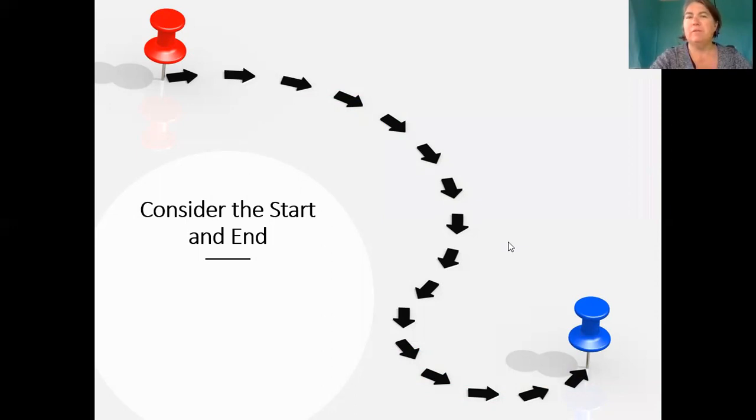Now, on a more micro level, on a call level, in terms of creating a wow call, you also want to think very practically and tactically: what are people going to retain? Already I've shared this notion of how people learn and how we are retaining things. People really remember the start and end of things. That's what the primacy and recency effects dictate. So we remember the start, we remember the end, and what's in the middle gets very mucky. In fact, there's a book out these days called The Messy Middle, and I'm sure it talks to the fact that in the middle, where change happens, we just don't retain it in the same way.